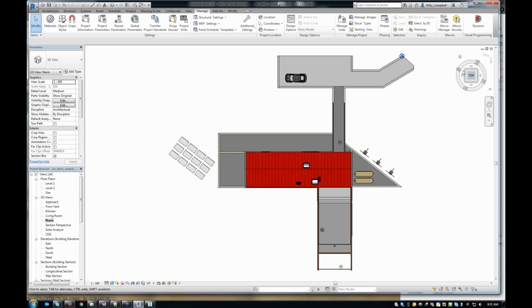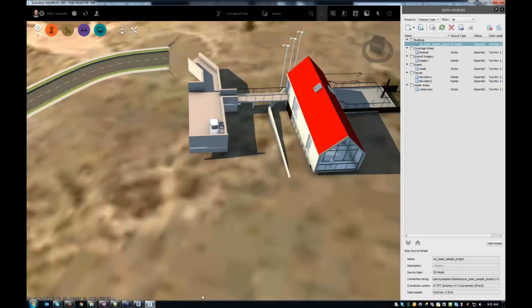Really awesome demo. So as Willie demonstrated, that's really the best practice. That's the most intelligent way to bring that in. There are some other workarounds we can work with, especially if, say for instance, you're just not going to be able to change the project base point location because the architect on your project just won't allow it. Before I get into that, I just wanted to look over some of these questions in the question panel. We had a question about what the values for the project base point and survey point are. I think Willie spoke to that, but just quickly,